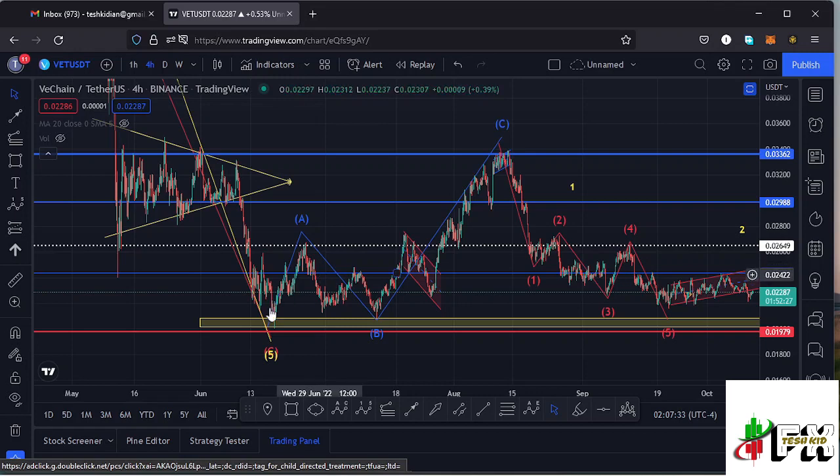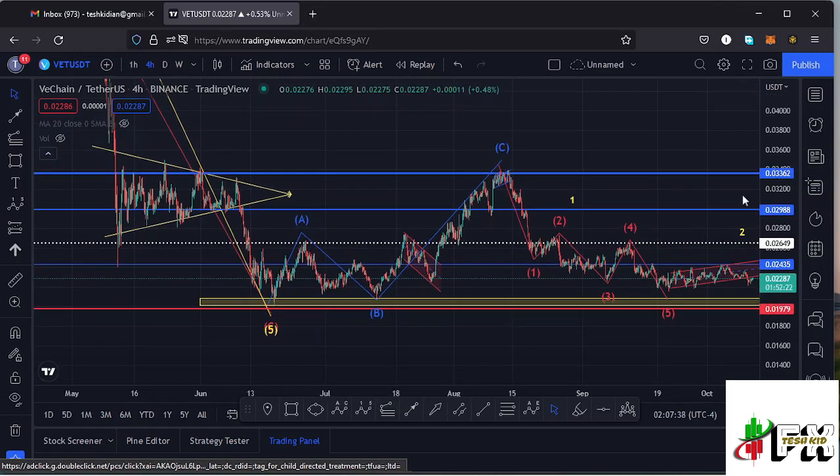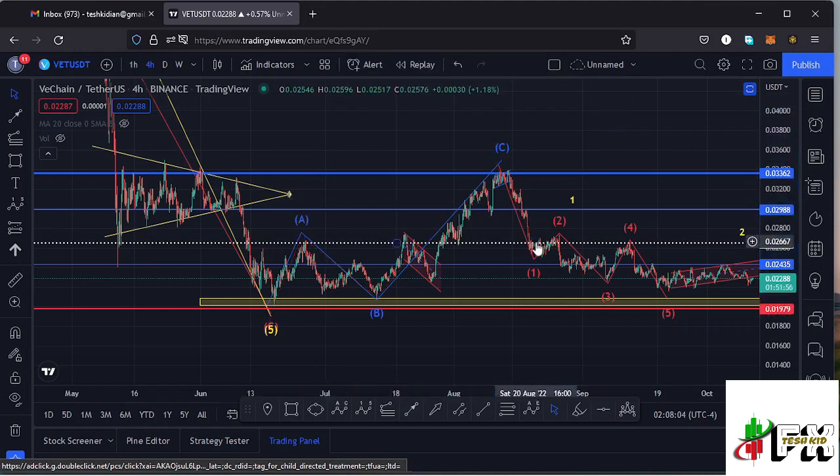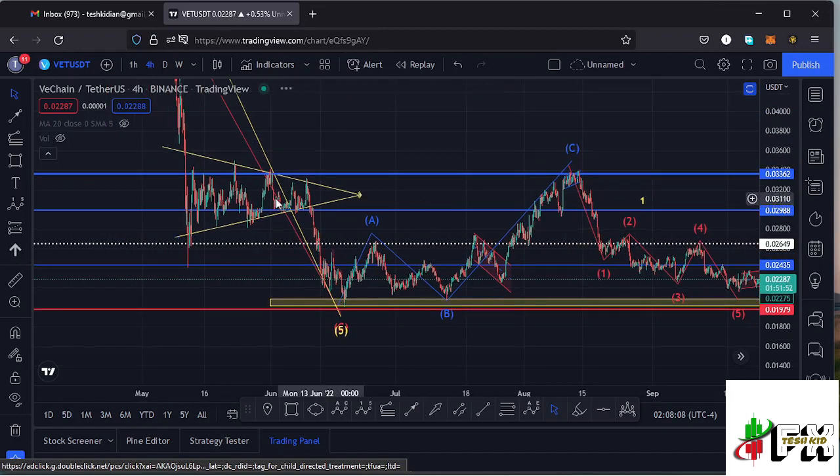Here on the 4-hour chart, after making our low down there, we saw a very nice bounce to the upper side in a movement that I was terming as an Elliott wave structure in my previous videos, having these as the wave 1, then a wave 2, then a wave 3, a wave 4, then a wave 5 to the upper side. But this movement to the upper side got invalidated the moment our wave 4 over here retraced into the high of that first wave, and having done so, I had to remove my Elliott wave structure to the upper side and view this movement as something else. And the only way we can view that is just an ABC